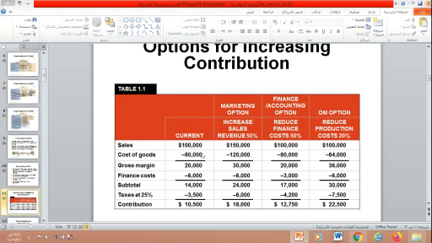So he wants to reduce the 80,000 by 20%, removing 20% of it. So 20% of 80,000 is $16,000. So $80,000 minus the $16,000 leaves us $64,000 as the cost of goods sold. So it is reduced to $64,000. So the gross margin will be